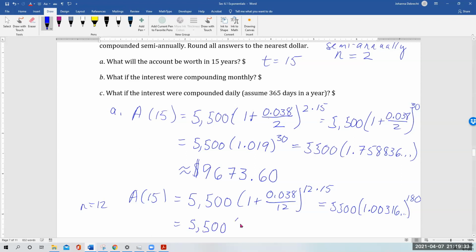So we've got 5,500 multiplied by about 1.76665, and it keeps going. Don't round that off, simply hit the times button and enter 5,500. Our approximate value this time turned out to be $9,716.71. Notice that this is more money than what we had previously when we were compounding semi-annually, which was only